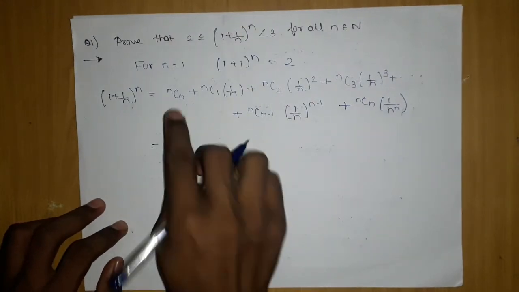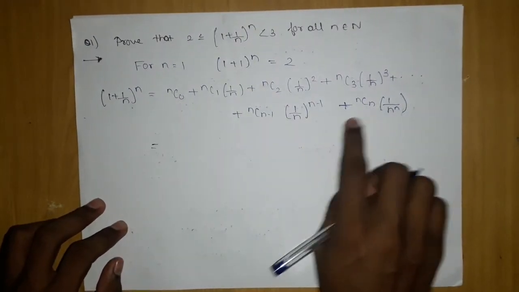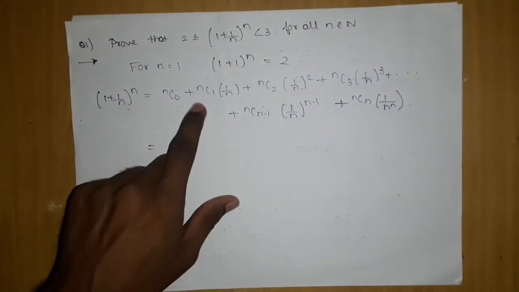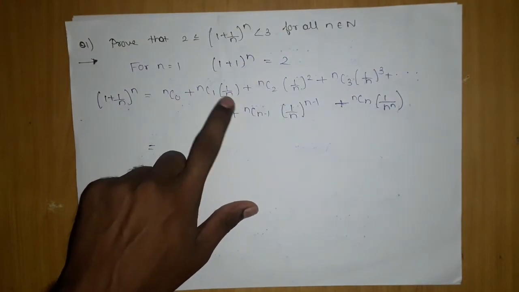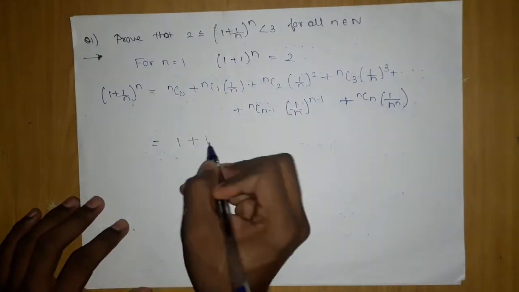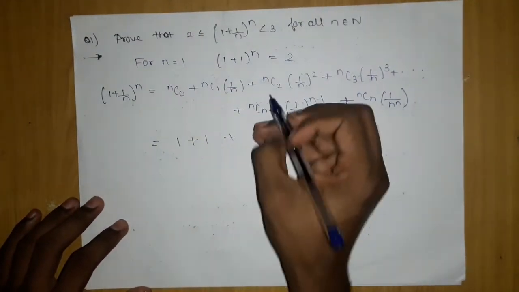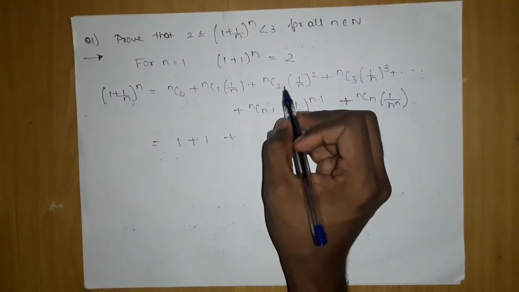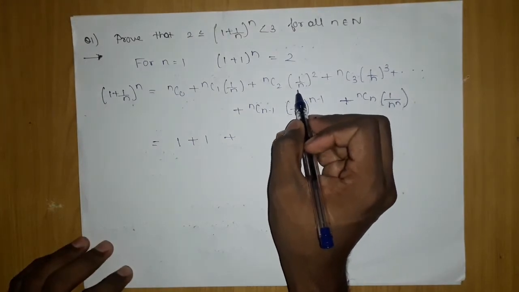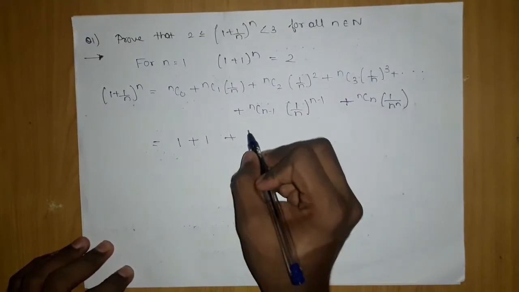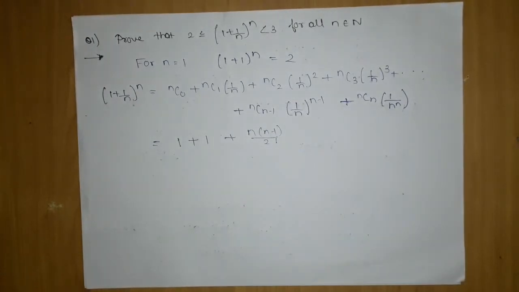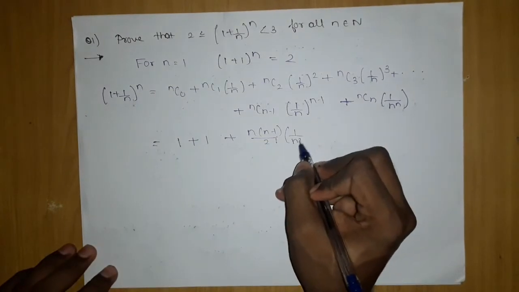If we do the simplification, this will be 1 and this will also be 1. Let's check. Here we will have n, this will be 1 by n, so it will get cancelled out and 1 will be left. So we are having 1 here and 1 here. After this, what will happen here? n into (n minus 1) will be left in the numerator, and in the denominator 2 factorial, and here 1 by n square will be left.